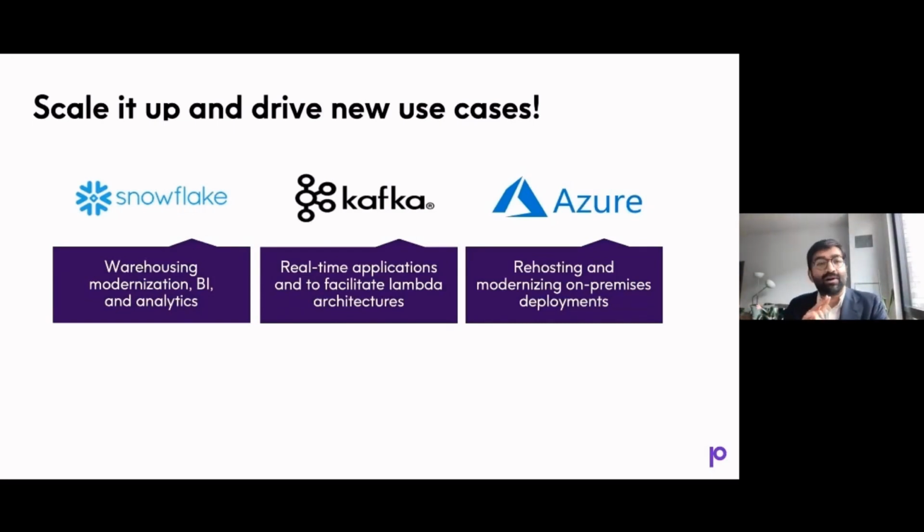Using a real-time streaming architecture like Kafka to build real-time applications to facilitate building out a Lambda architecture, so you can now feed these events both through a real-time pipeline as well as a more batched pipeline for use cases that require it. And then using a cloud platform like AWS, or using a database as a service like Azure SQL Database to rehost and modernize your on-premises deployments. These are, I think, really good opportunities to not only leverage the data that you've already started feeding by eliminating these silos, but also delivering some new agility.